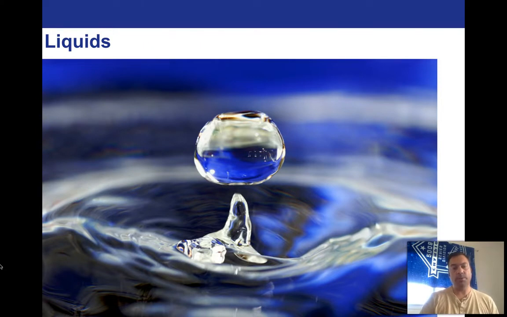Solids are really interesting. They do some fascinating stuff. Liquids are also fascinating, and they do completely different kinds of things. Where they're similar to solids is that they're both fairly incompressible substances. Liquids are very difficult to compress. Solids are also very difficult to compress. When we get to gases, we'll find out that you can, in fact, very easily compress gases.